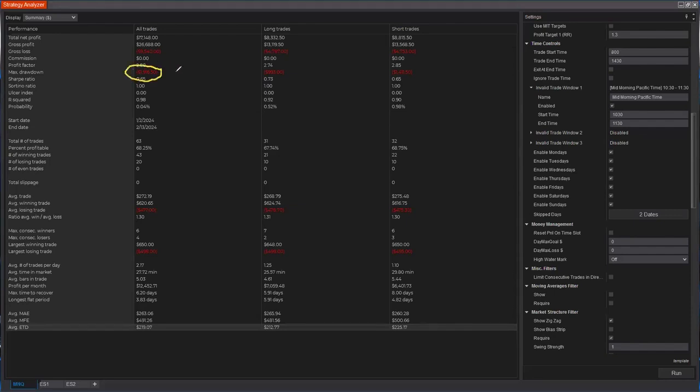Drawdown. The most important factors for traders trading prop firms are these two numbers: how much did I lose top to bottom off my high water mark, and how much did I net in profit? Obviously, if our max drawdown is $1,000 but you made $1,000, that's probably not going to knock anybody's socks off. We want to know as traders, can I use this to pass my prop firm, get funded, stay funded, scale my account, make money, repeat, quit my job, ride off into the sunset, build wealth? Hopefully in that order.